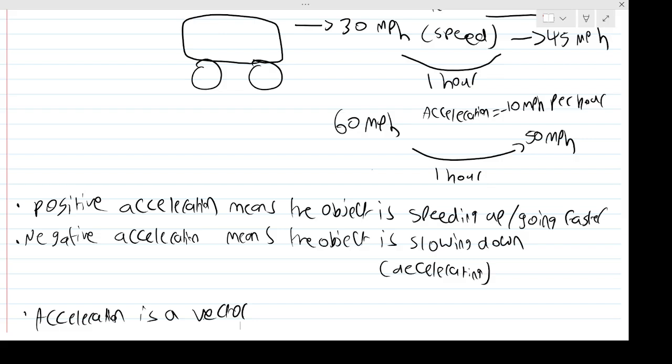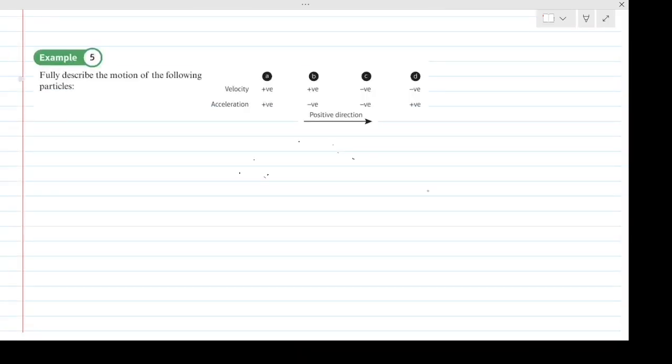Okay, so we've got this question first, and we're told to fully describe the motion of the following particles. So what's going on here? Firstly, the positive direction here is to the right or forwards. And so we've got these 4 particles here in different situations. So firstly, we've got particle A. Now, we're told the sign of the velocity and acceleration. They're both positive here. Now, the velocity, if you remember, basically is